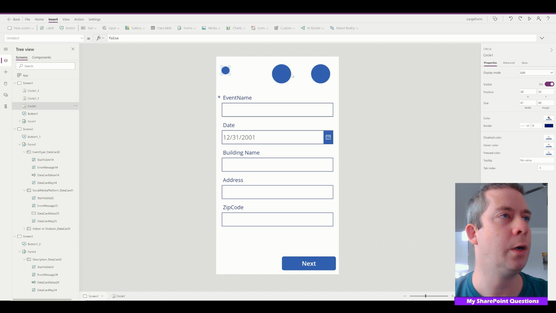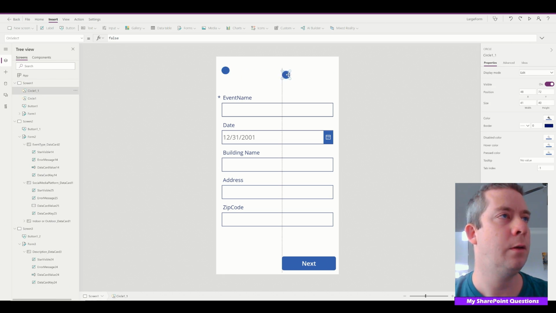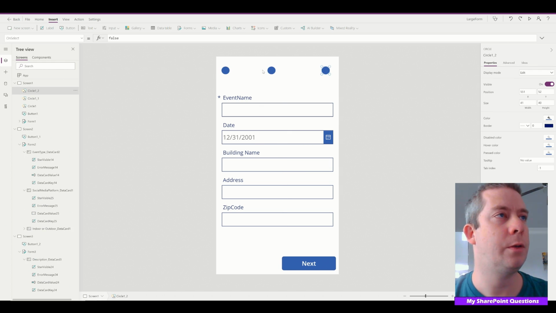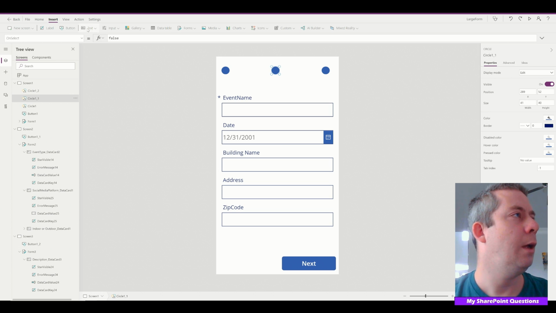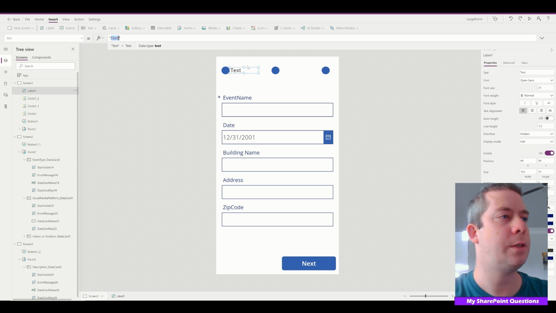So we're going to literally, I'll just copy it so we get the same size of each of these circles. We're going to do our own little stepper. And we're going to add some labels in here, and it's going to be much smaller because this is going to be on the phone. And the text is going to say first is